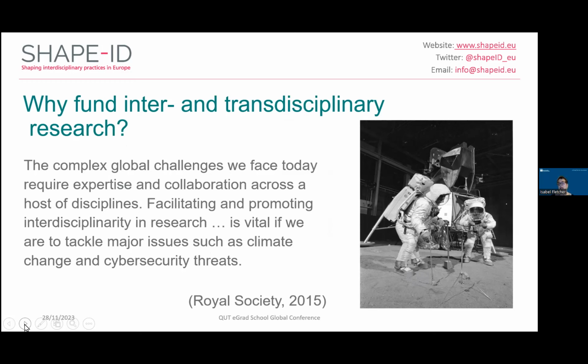And the reason I put that image of men on the moon is because the moonshot analogy is used a lot in these discussions. Inter and transdisciplinary research is seen as a way of bringing together many disciplines to solve a complex problem in an accelerated time frame. Whether or not,